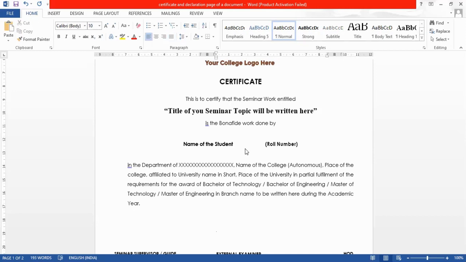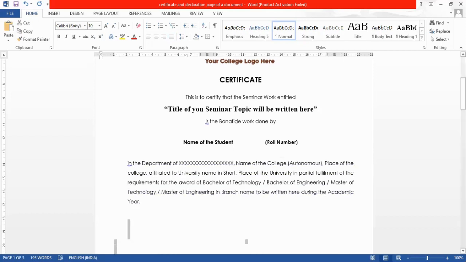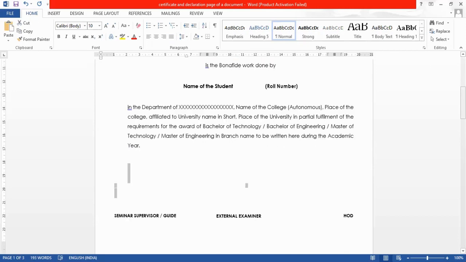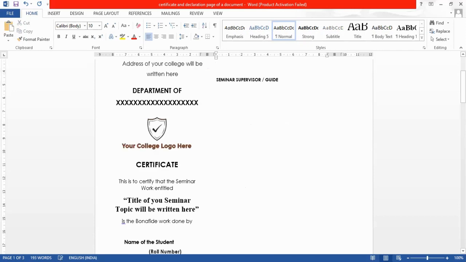And the last line, when you observe, after the year, when I press enter, I need to remove all the lines in between the last lines. So I'm going to remove the line gaps here. When I remove it, it was seen like this. And I'm going to undo this.